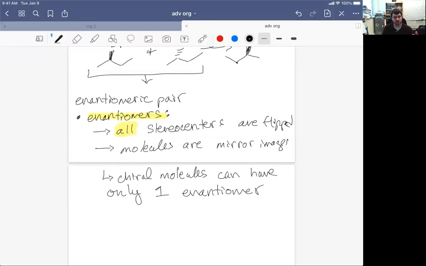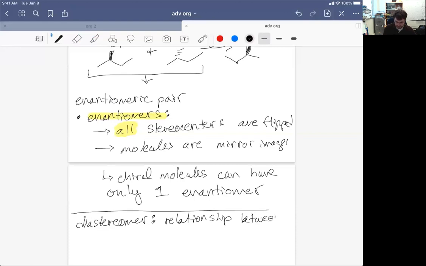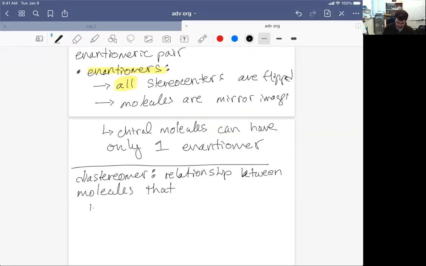So the key thing with enantiomers is that all stereocenters are flipped. Additionally, a chiral molecule can only have one enantiomer. Okay, so let's look at the other big word from chirality. That was diastereomer. Diastereomer, this is a relationship between molecules that are stereoisomers of each other. That means they have the same